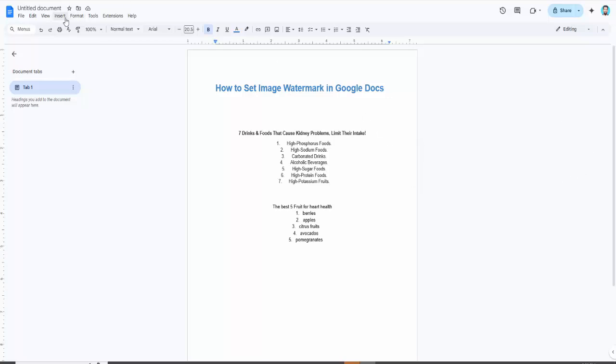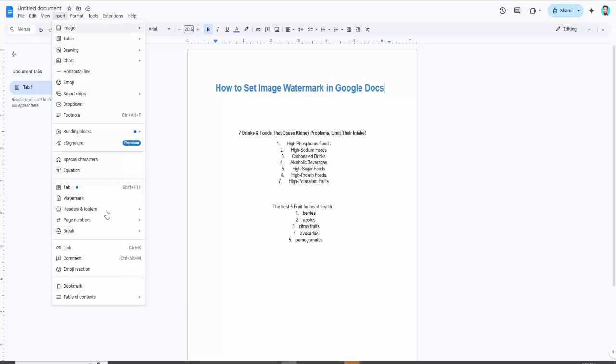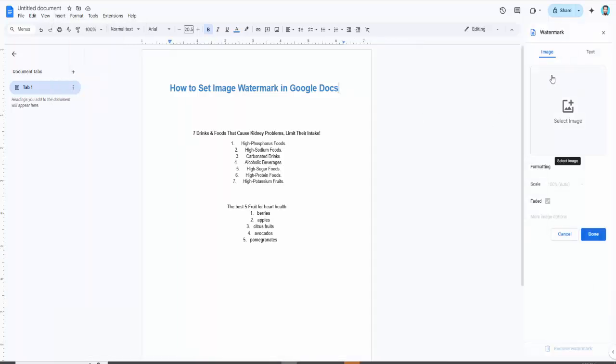Now go to the Insert menu option. Then click. Now we select the Watermark option. Then we see the new interface. Then we see the watermark options, text and image. Now select the Select image option. Now select,